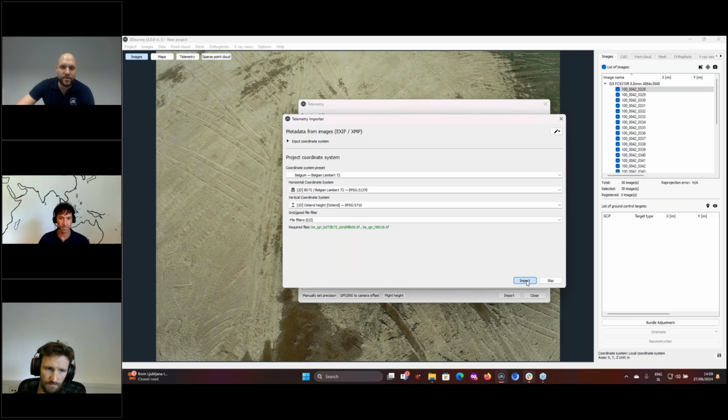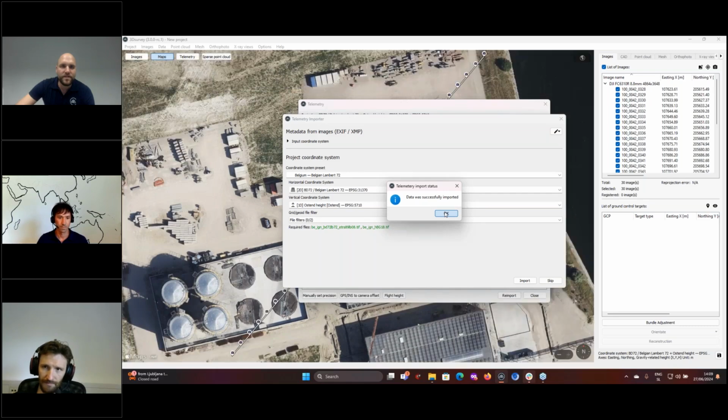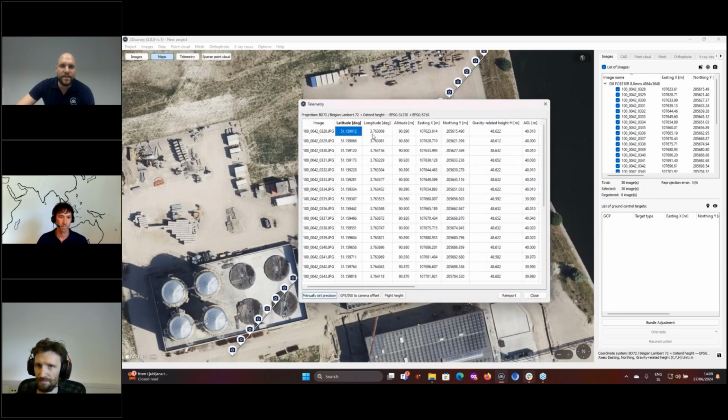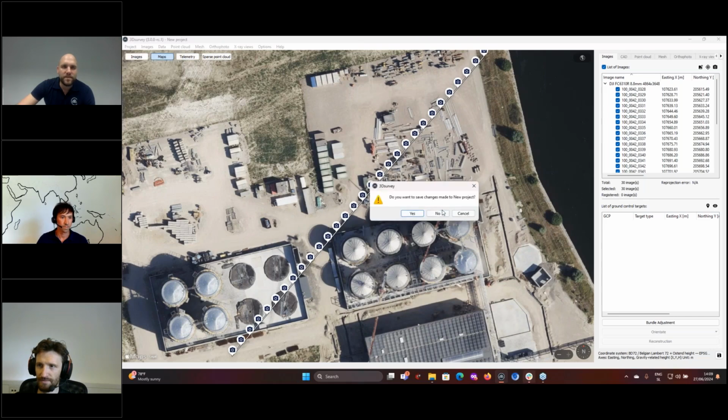So if we press import now, the data is successfully imported. And we have here latitude, longitude, and altitude. And here are already the projected coordinates in appropriate state coordinate system. If we repeat this process just one more time,